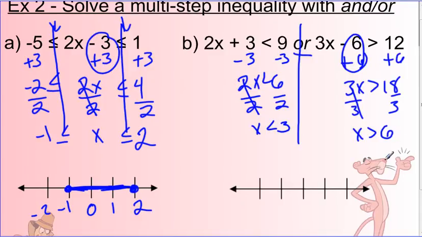Now, we've solved both inequalities. Now we're ready. We can graph both of them just on the same number line. So this guy gets graphed here, and this guy gets graphed here. So, sure, I was going to do